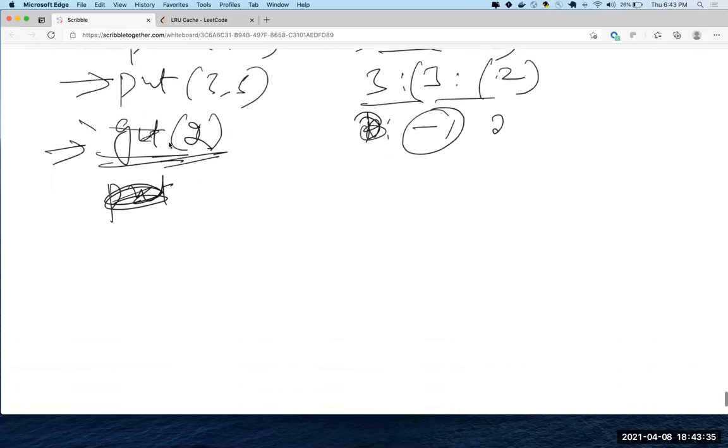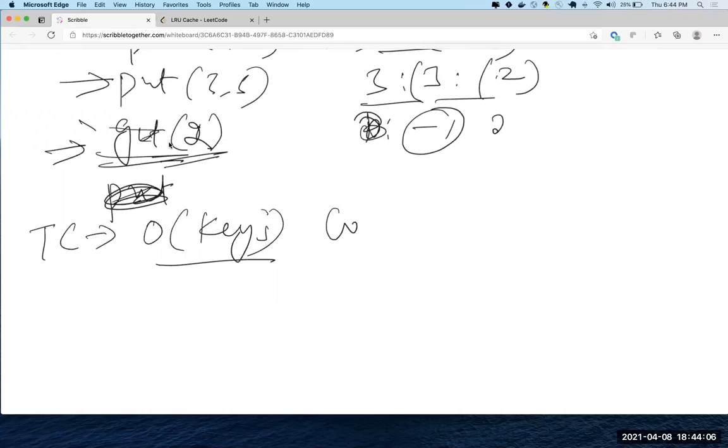So what's the time complexity here? I mean, space is you're using the hash map. Time complexity, as you said, is still O of number of keys. Basically you'll have to iterate through the whole hash map and keep checking which is the lowest, and you return that. And if you do a get also, you'll have to figure out what that element is. No, I think get is going to be O of 1. Get is O of 1, right? Yes, get is O of 1.